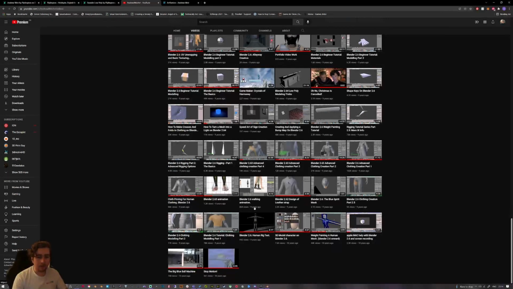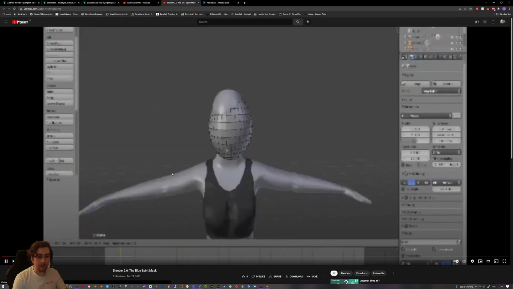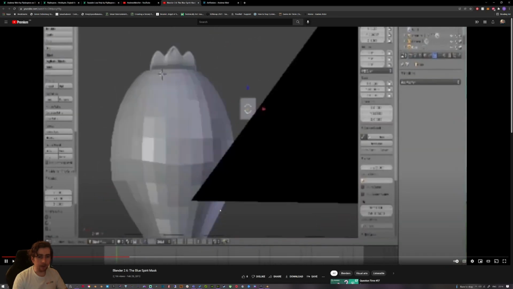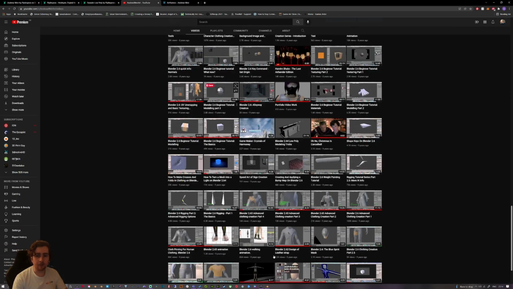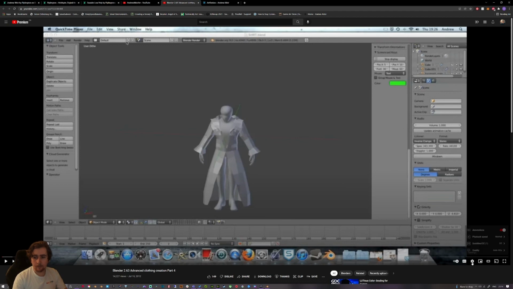And yeah, I mean, we can really take a look at what it looked like potentially in this speed art here. So I created the blue spirit mask from Avatar: The Last Airbender, and we can't see what that looks like at all because it's too low resolution. This is a little bit better,